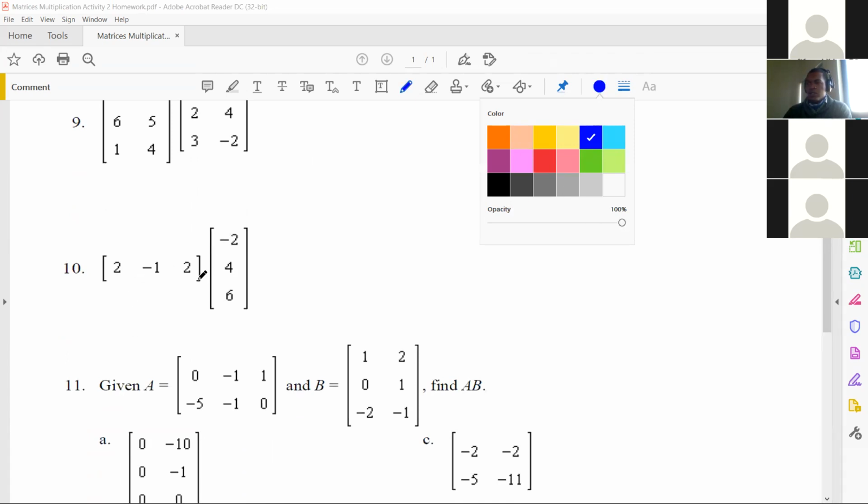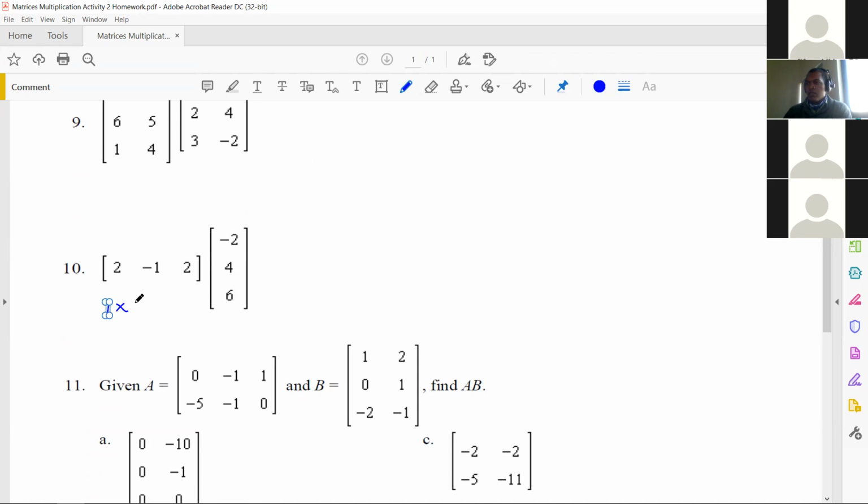So for number 10, let's do the same check again. We have a 1 by 3, and in this one we have a 3 by 1. So we check the column of this one and the row of that one. Are they the same? Yes, they are the same. So if they are the same, this means we can multiply them out. So our answer will be